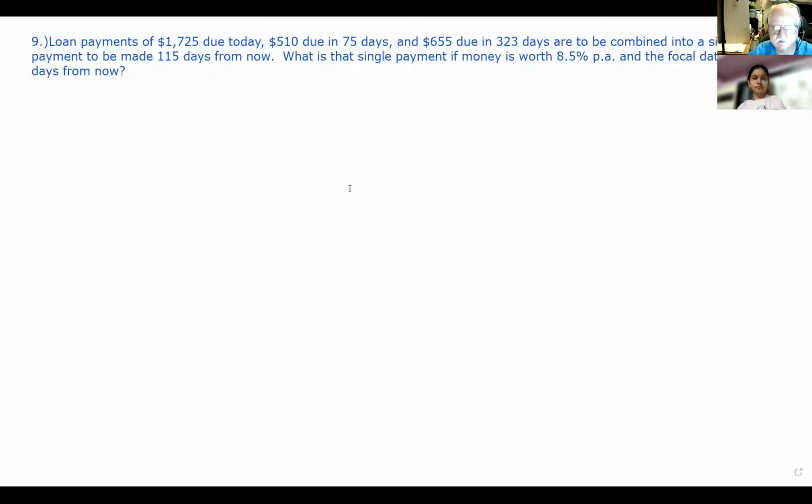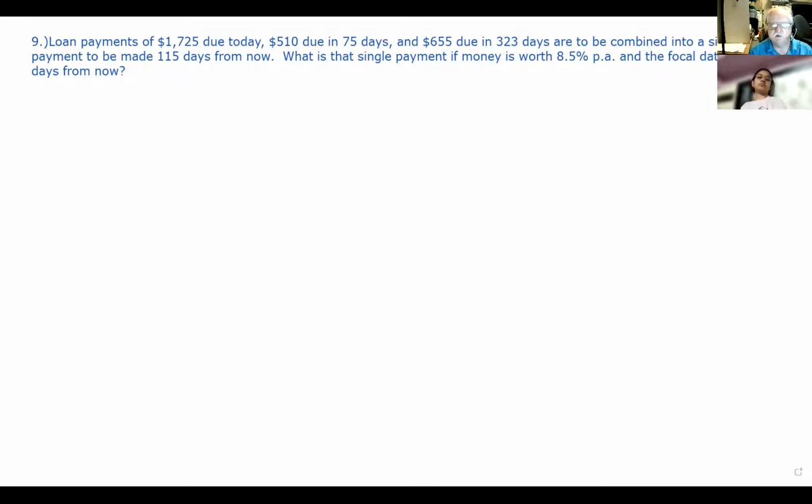What is that single payment if money is worth 8.5% per annum and the focal date is 115 days from now? So this thing they're calling the focal date,